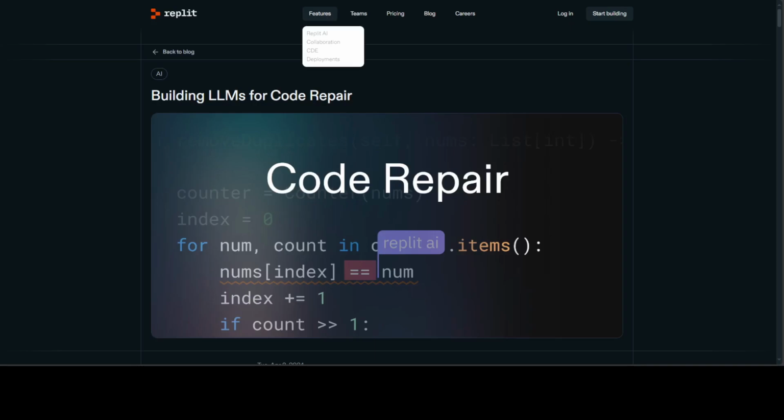And there is a lot of good stuff there in this blog post. I would highly suggest that if you're looking to train a model, especially for coding purposes, you can learn a lot from this blog post. Anyway,